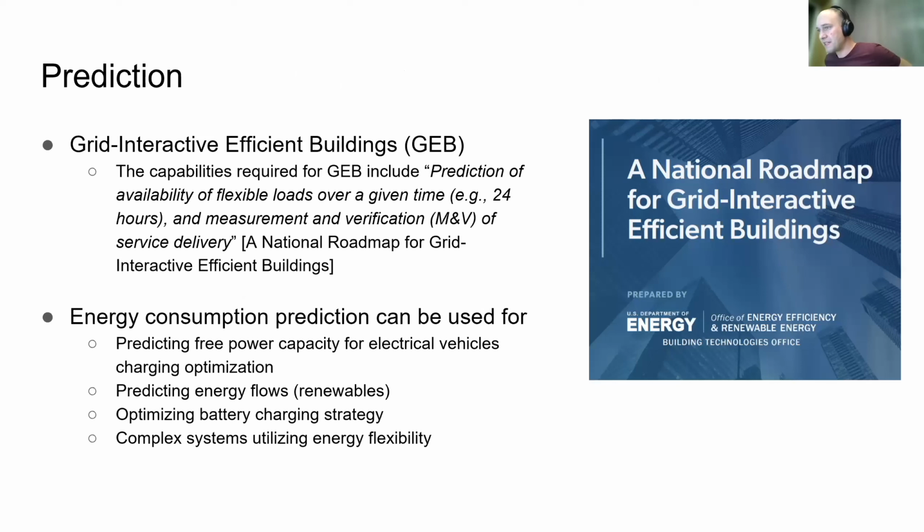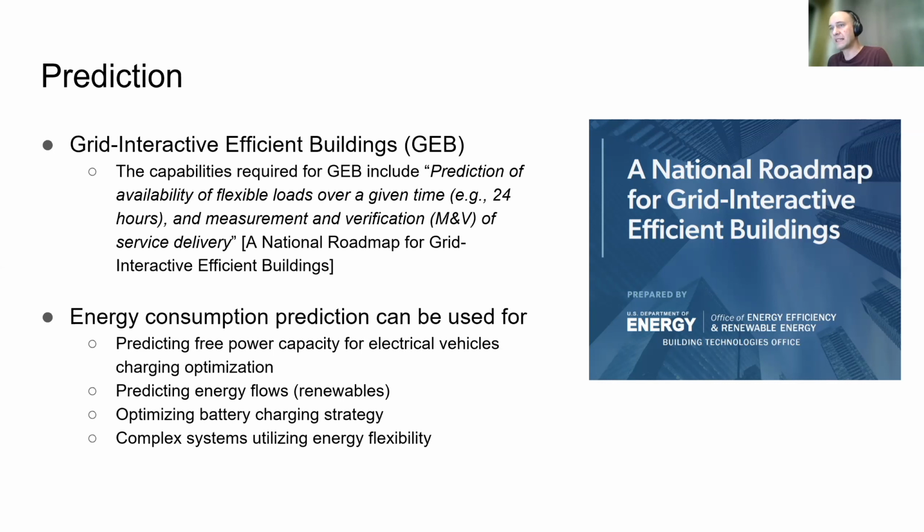And the last part of this presentation is dedicated to prediction. Most of the attendees are probably from the US, and there is this great initiative for energy efficient buildings, and there is a quotation from the National Roadmap for Grid Interactive Efficient Buildings that says the prediction of availability of flexible loads over a given time is something that will be required by these grid interactive efficient buildings. So in other words, if the building is able to predict its own consumption over a horizon of a few hours, it could be used in this concept that makes use of flexibility and, as they call it, grid